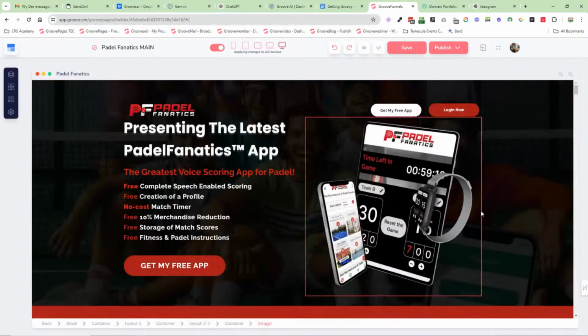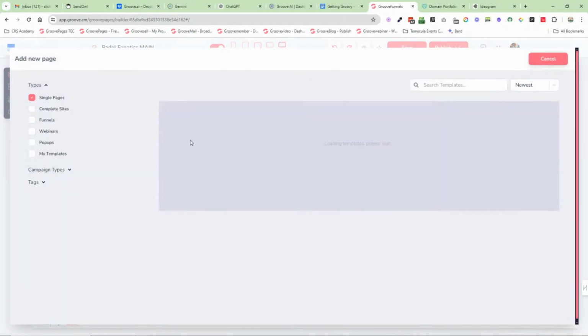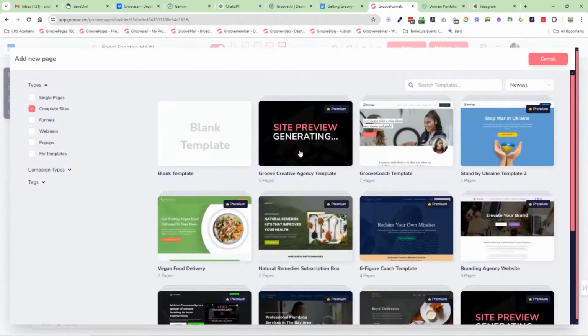Hey Assad, is a complete site the equivalent to a WordPress site? A complete site is just, it does what it says on the tin. It is, let me open one. Again, you can see